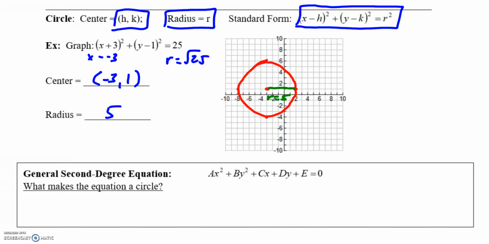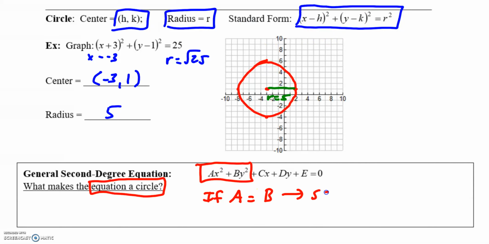So before we move to the next example, I would like to look at this box here, and this is a general second degree equation, highest power of 2, and what makes this equation a circle specifically? Well, everything really has to do with the squared terms. So if this equation is a circle, the way you can know that quickly, if it's not in this vertex standard form here where you can see the center, is if the A term equals the B term,